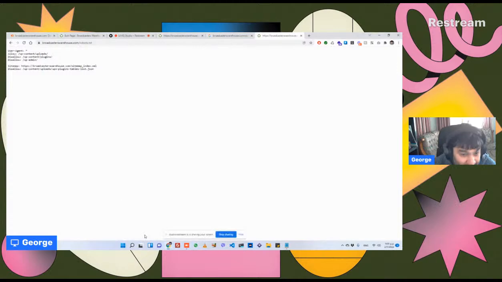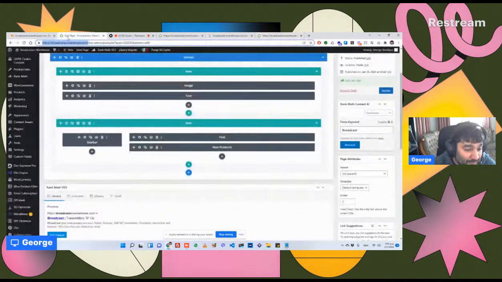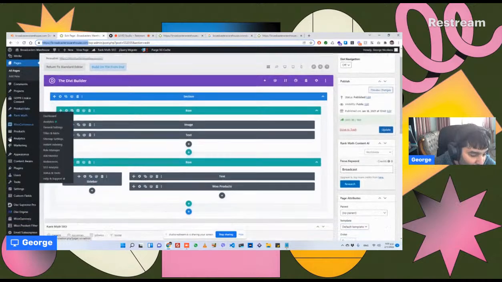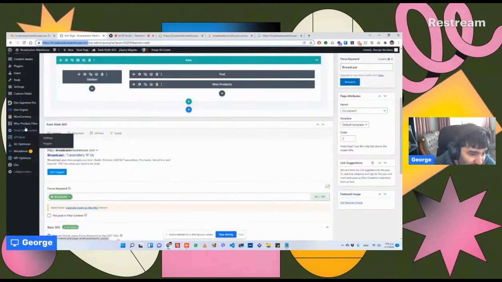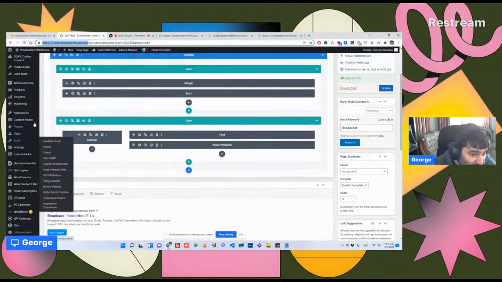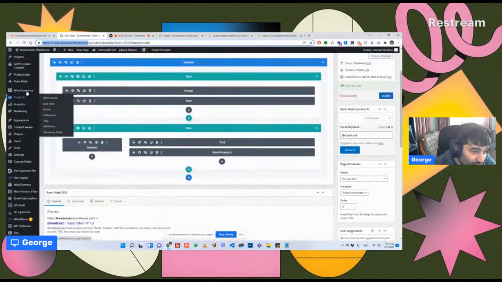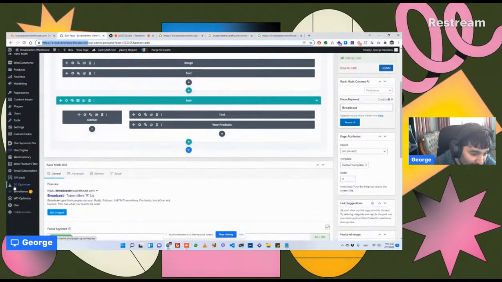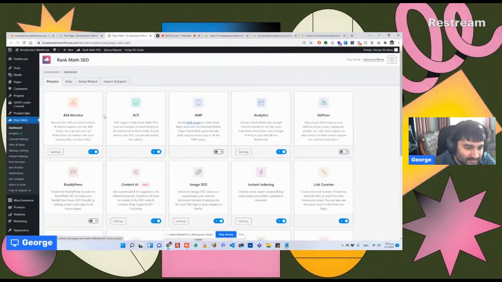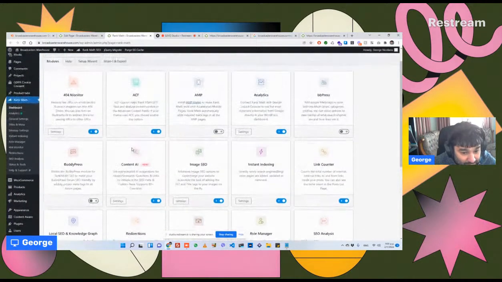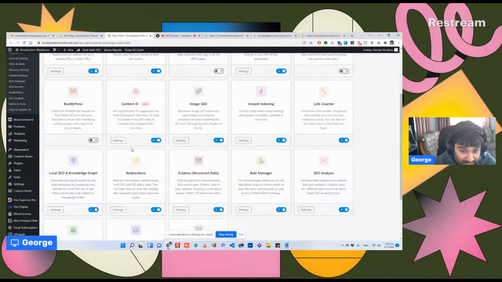And again, if it's already done and it's not being picked up by Semrush, it just means that it's not reading correctly because it is a piece of software, so it might just not be picking up the dynamic alt tags that are being set. So let's go to Rank Math on the top here. I'm just going to open the dashboard in another tab so that I do not close the one page because I need that later. So let's go and see if image SEO is turned on. It is. I go to settings